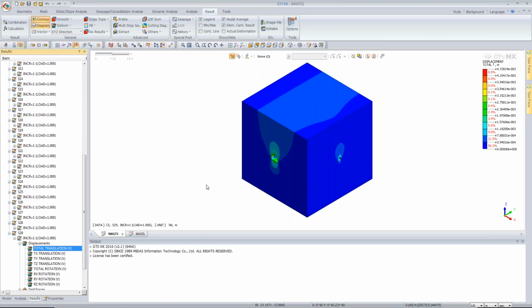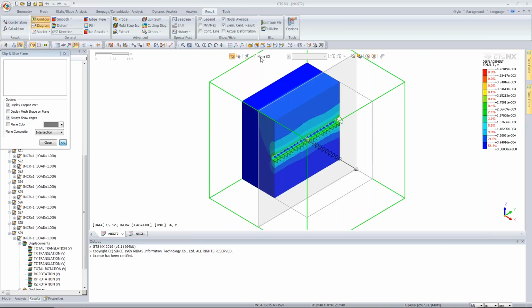Okay, the first thing which comes to mind is we want to see inside the model, right? So you can cut it. These are the first three options which I would like all of you to have a look at. So clip, you can just cut it in between. Okay,